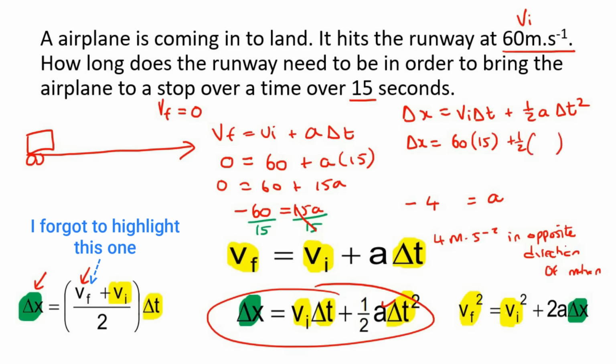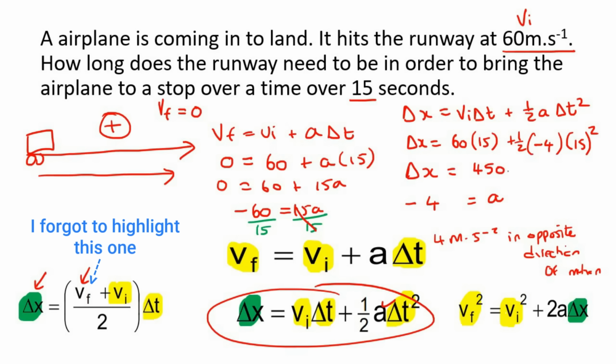Now, for your acceleration, you must put it as a negative, because remember, the object's going in this direction, so you're almost thinking of that as the positive direction, but the acceleration is 4, but in the opposite direction. Remember, we even got a -4 for the A value. So you're going to put a -4 over there. And then for the time, you're going to put 15 to the power of 2. Now, if you had to go calculate this, you end up with